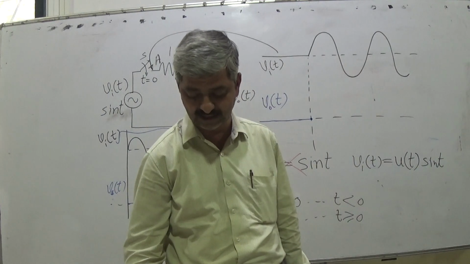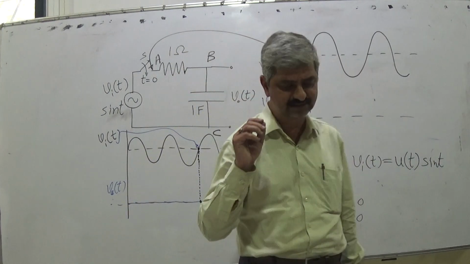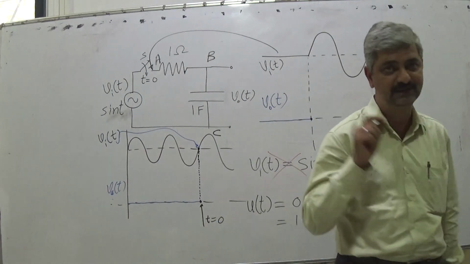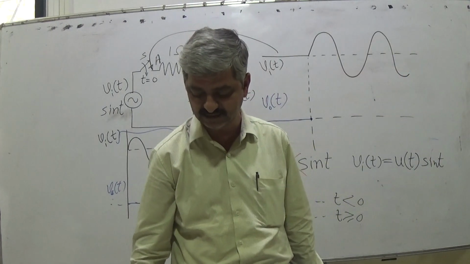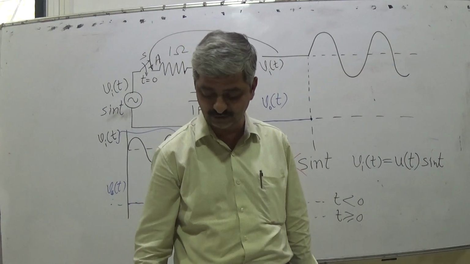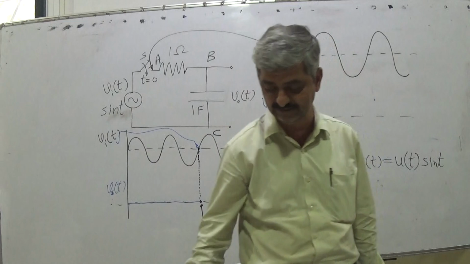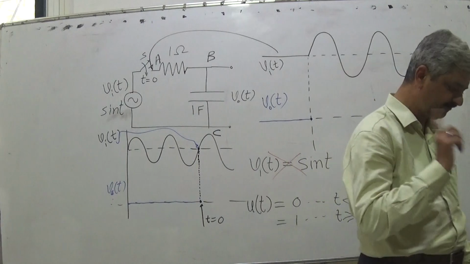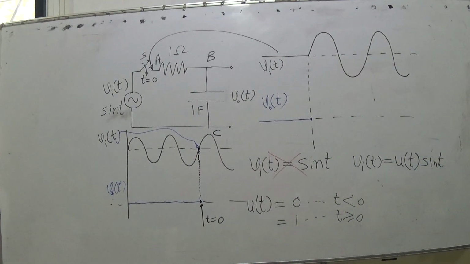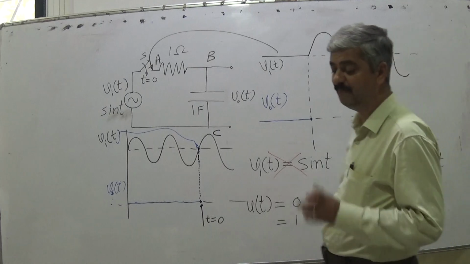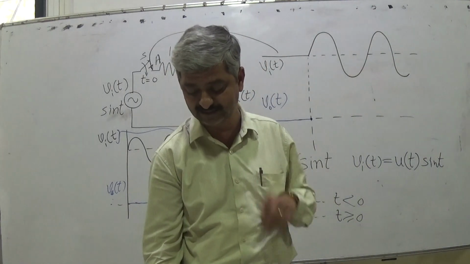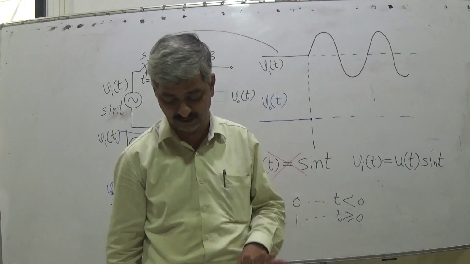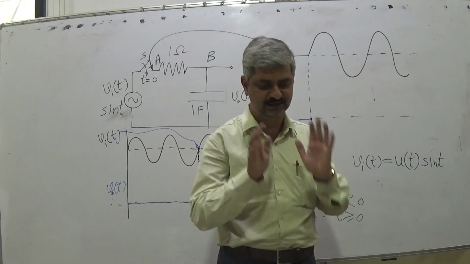Then in this case you have a simple hint: voltage across a capacitor cannot change instantaneously. Listen very carefully: dVc by dt for any capacitor should be finite, or the voltage across a capacitor must be a continuous function. I think I tried my level best to explain some complex terms. I will explain them very slowly.